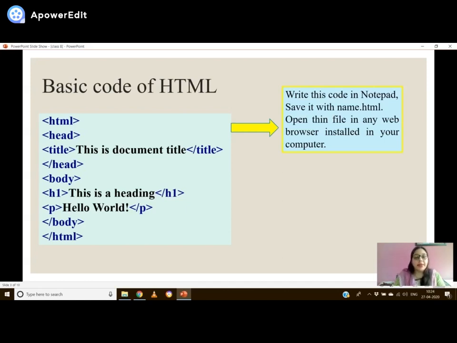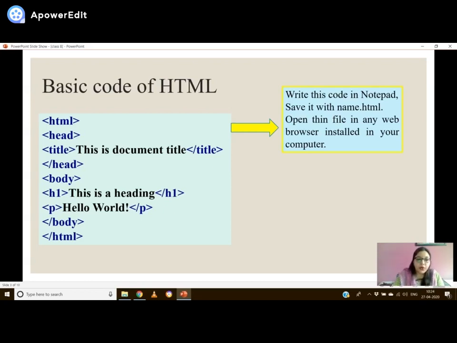See, in HTML, not every tag requires to be closed. For example, the image tag doesn't require this closing thing and the anchor tag requires it. So it depends, and you have to learn so many tags of HTML to understand these. But for this time, let us understand this basic code and image and hyperlinking only.